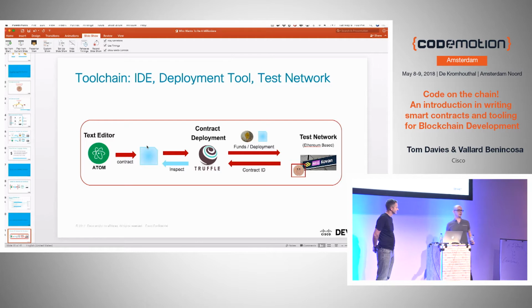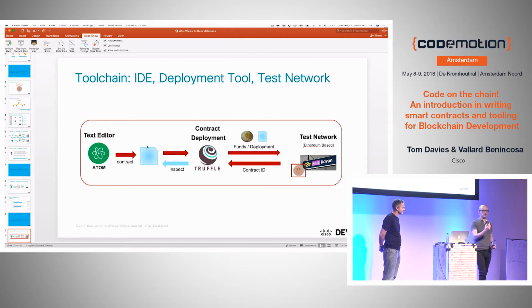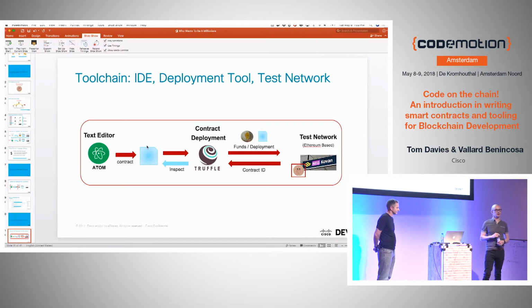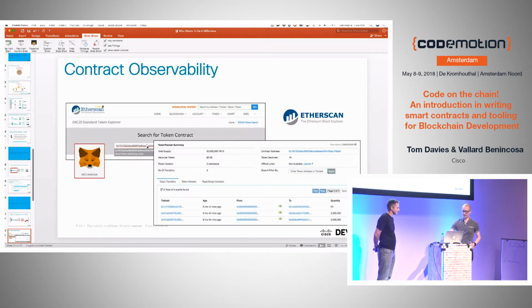That's all well and good, but you've only got my proof for that. You saw us do one Truffle line of code to do all that work because we've set up this chain already. So how do you know what's actually going on in your blockchain? How do you see what's going on in your blockchain? And that's through observability tools. And these are a couple of ways that will help your observability. One is MetaMask, and you can use MetaMask to look at your accounts and then click on Etherscan, and Etherscan will then bring up what's happening inside that network.